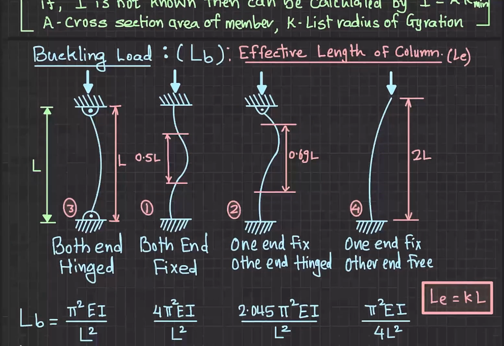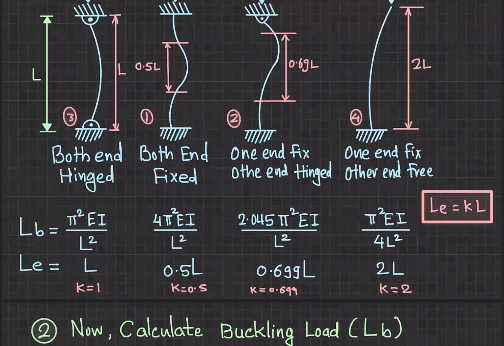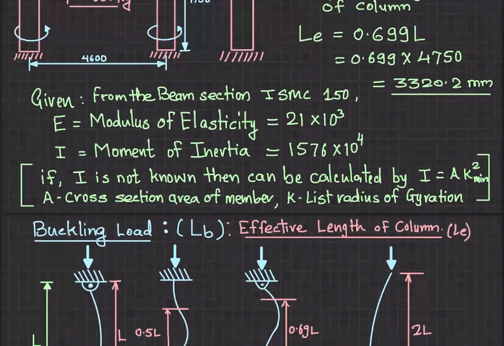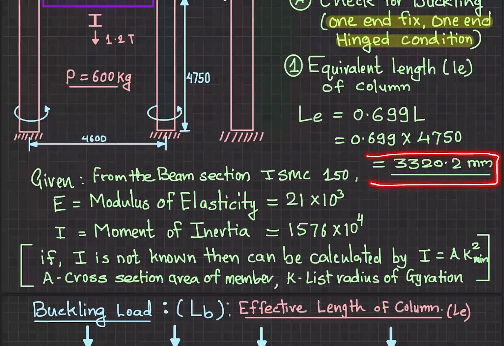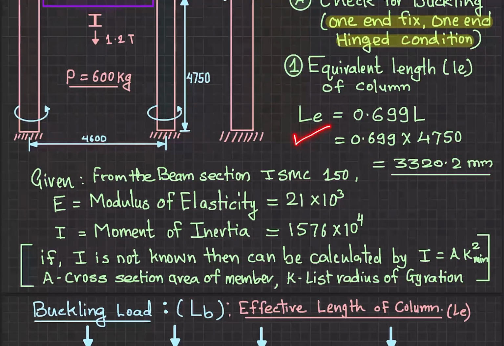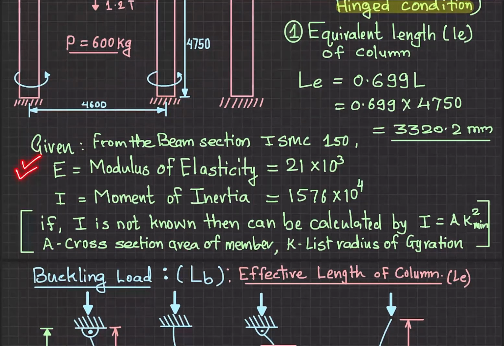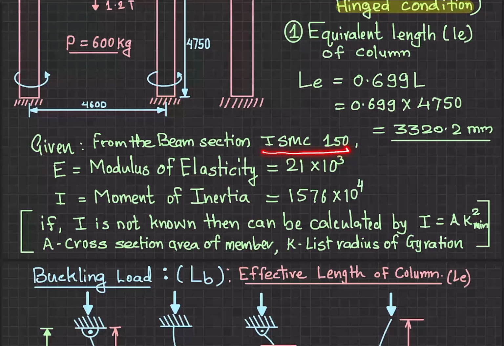And we are taking that 0.699 into L value to find out the effective length here, from this formula. Now once we get the equivalent length of the column, we can check what are the givens we have in this problem. So we have considered ISMC 150 channel for this calculation, where the modulus of elasticity of the column